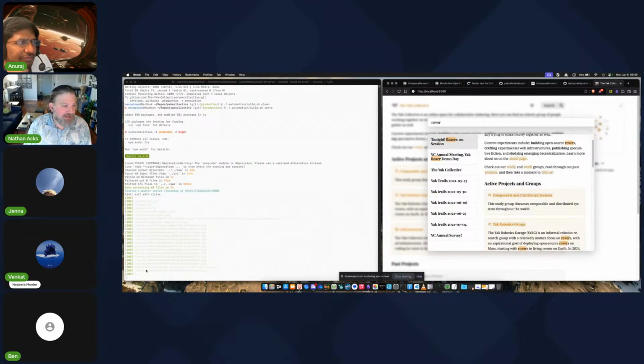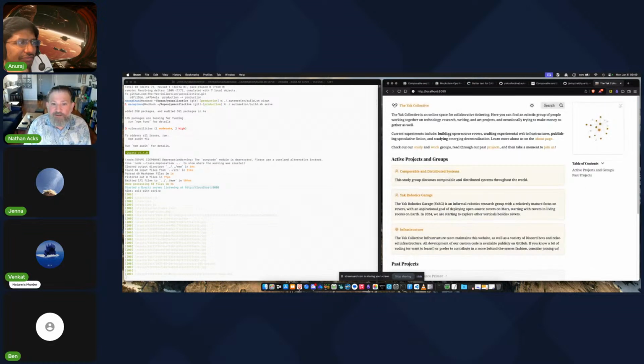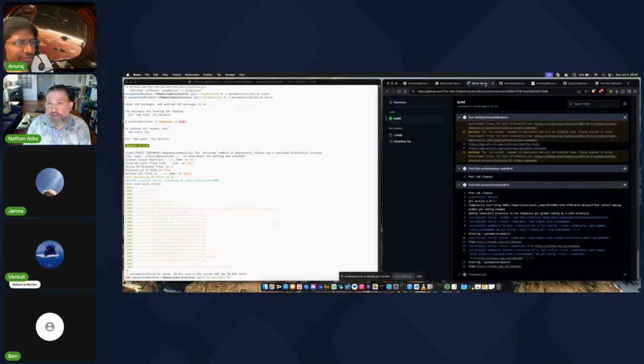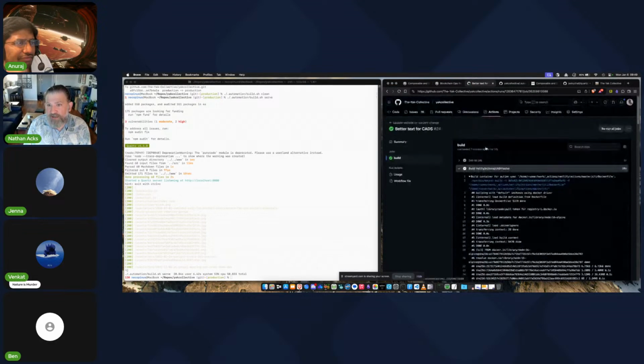And as things are going, you can see what sort of requests are being made there in the background. So pretty easy if you want to build it locally. You don't have to do this as part of the process. In fact, all of the build stuff, with the exception of the script and all, is excluded from commits because all of that is done here in the action as well.